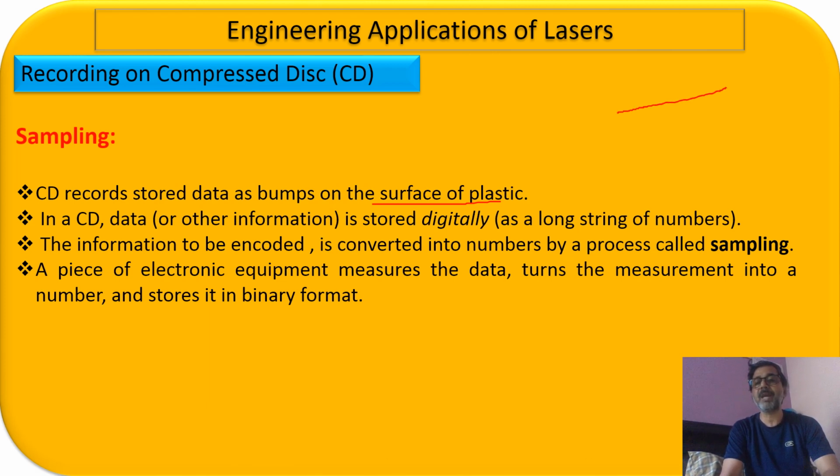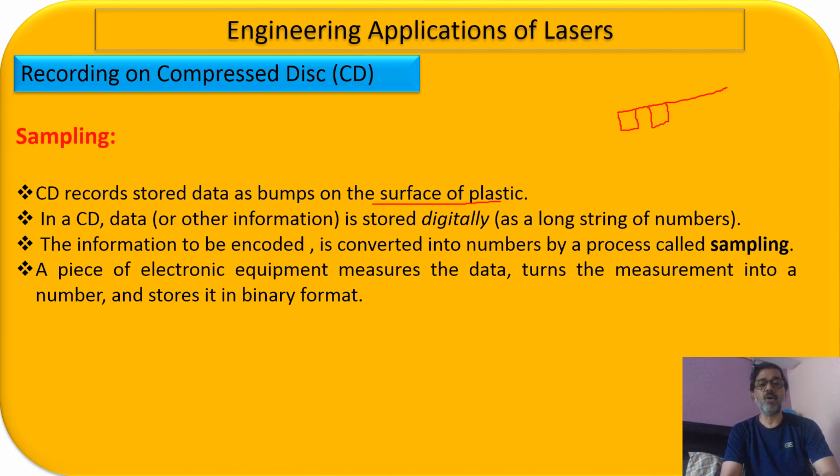You will have a plastic, right? And there we are going to put a light beam, the laser beam, and because of that laser beam there will be a bump. It is going to burn, and after the burn there will be a bump. In between, wherever the light has not fallen, there will be no bump. Then again there will be a bump. Wherever the light is falling on this, you will be getting a bump. So this is what I am writing here.